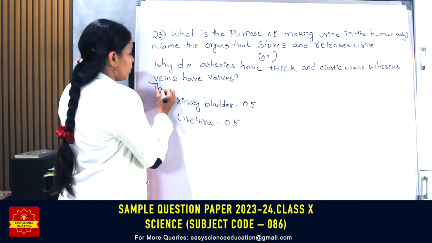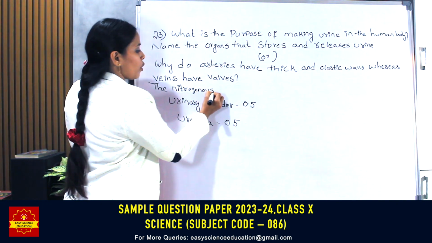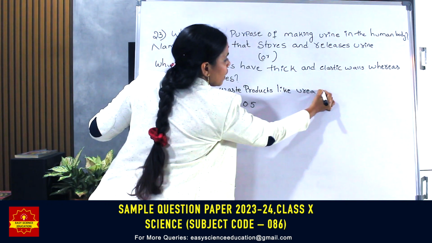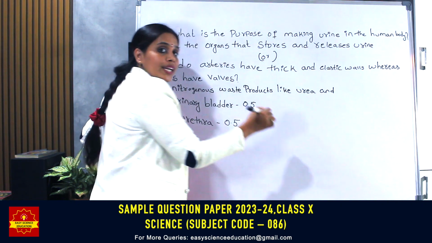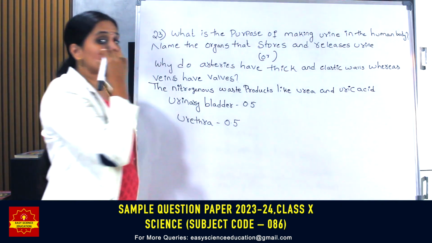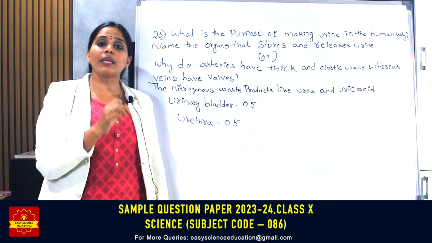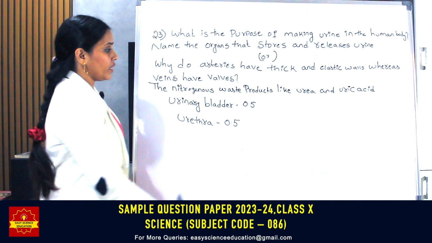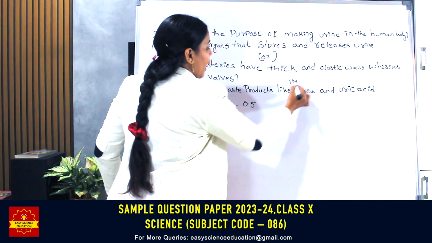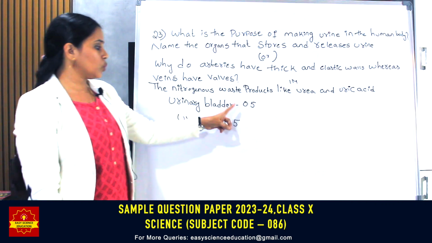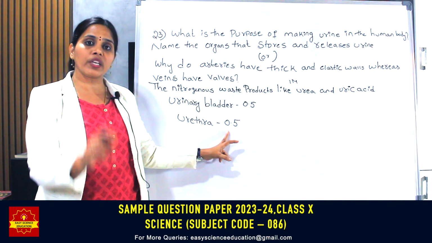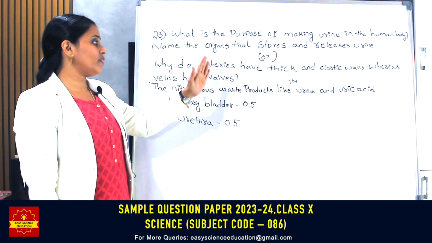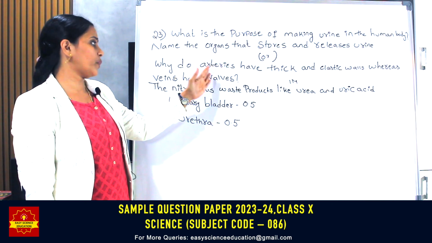So the nitrogenous waste products like urea and uric acid have to be sent outside of the human body because they are very poisonous substances. So that's why our body generates urine. For that, if you write that, you will get 1 mark. And if you write the organ that stores urine and the organ that releases urine, you will get another 1 mark. Now, if you are not aware of that question, then you go for the next question, that is, why